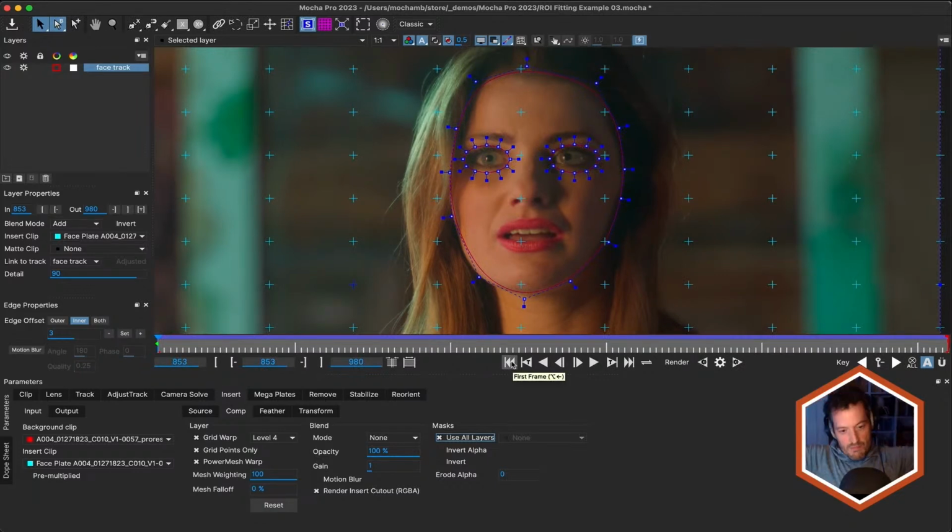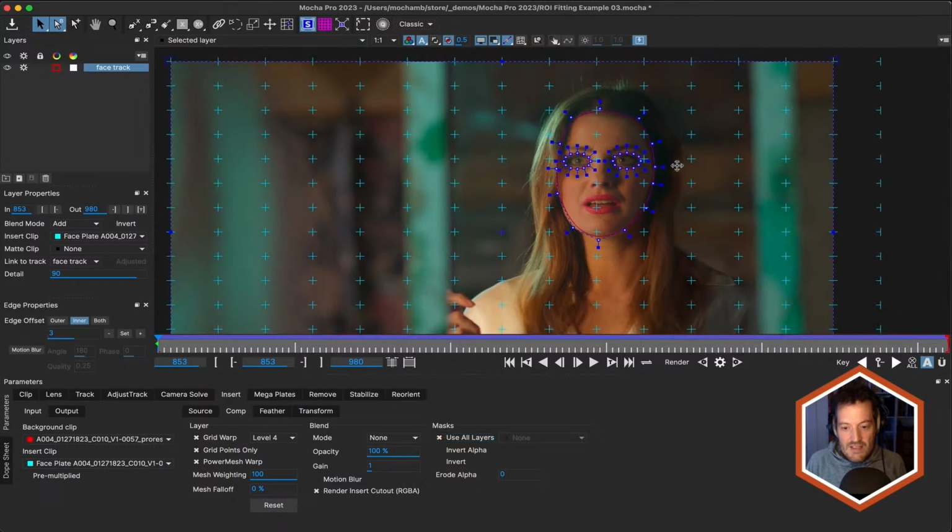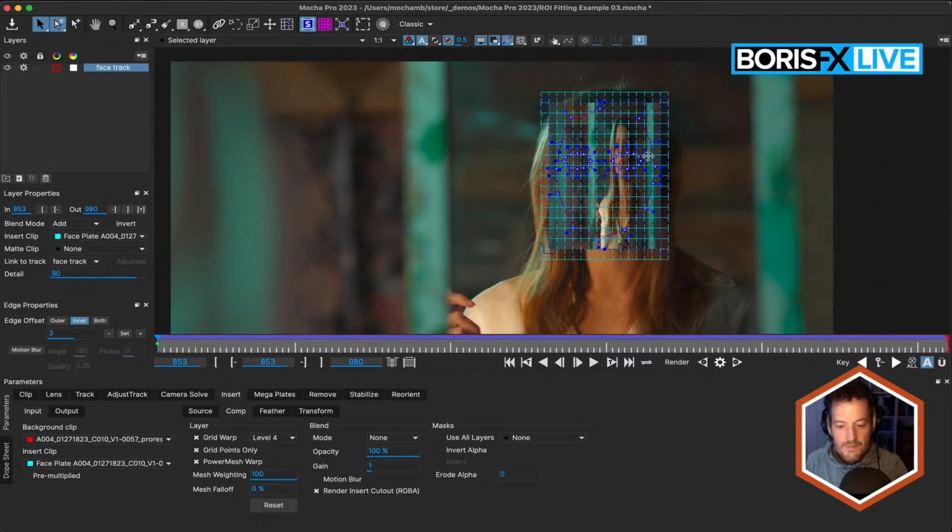One, you've got a big image being distorted over time, which can lead to problems. The other problem is that because your surface is so massive, things like grid warp are much less granular, and you don't get as much easy adjustment within the area you're trying to work. So what we can do instead, let's just undo those, is use something called the